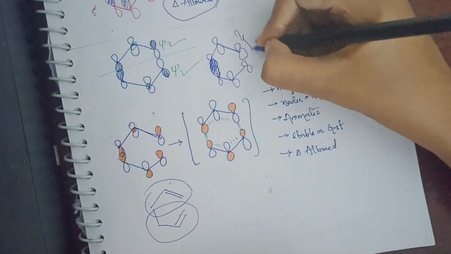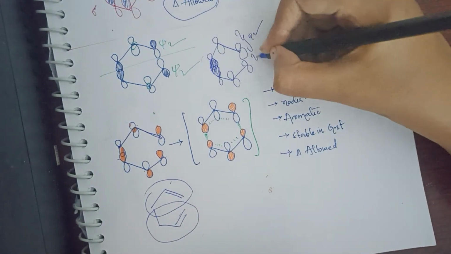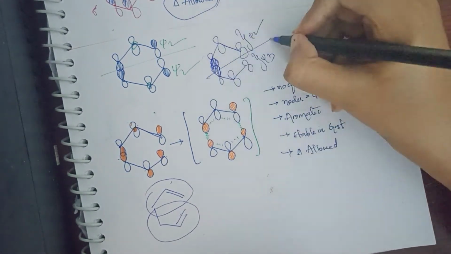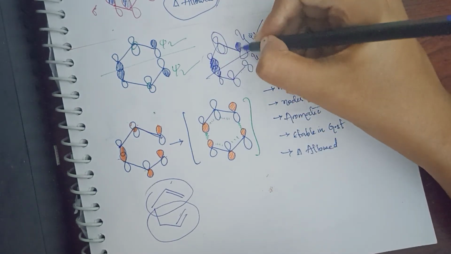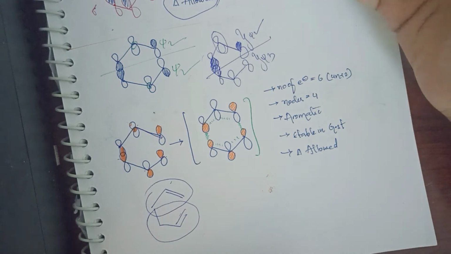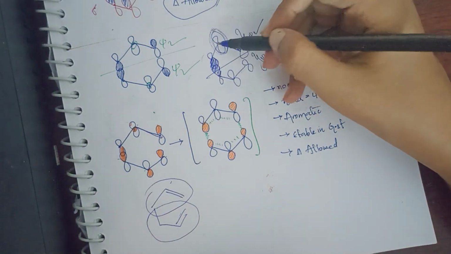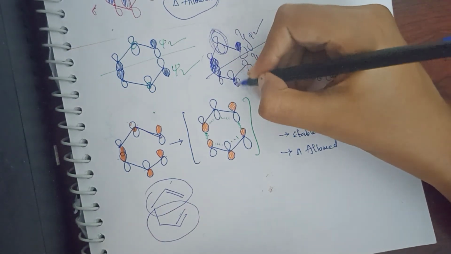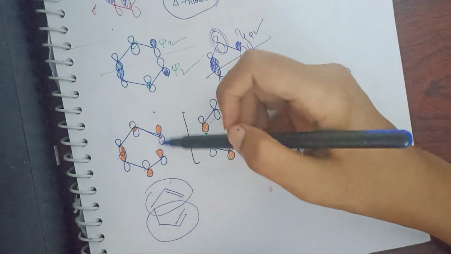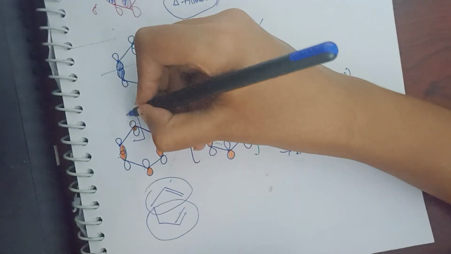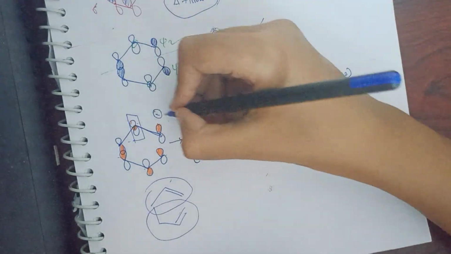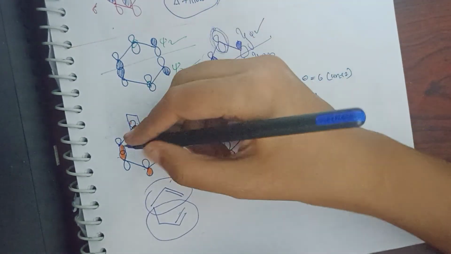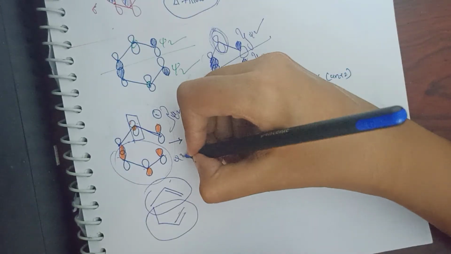Now I will be taking this one of ψ2. This one I will take ψ3. You can take anything. So ψ2 means ignore this opposite side lobes. Already discussed how to draw allyl system. Ignore the odd one. Now ψ3 means keep alternately. In this way you have to draw it. You can ignore this orbital. Two lobes are opposite. Here you will be having one node. This is of ψ2 system, and this is of ψ3 system.